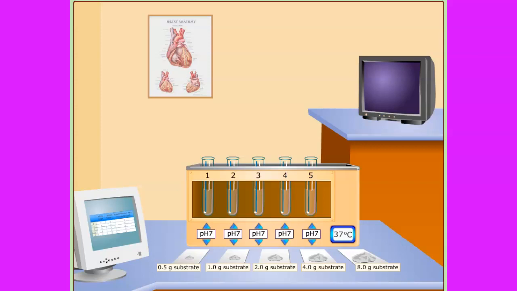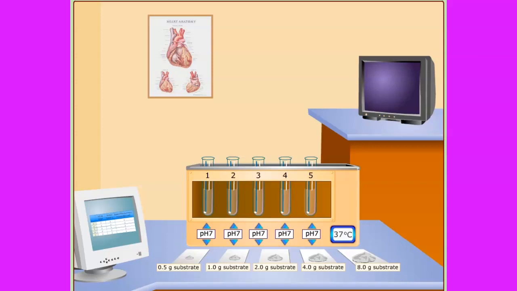Hello and welcome to today's lab activity on enzymes. So there's two experiments that we're going to be doing today. Your instructor will let you know whether you're supposed to graph and analyze both experiments or the first or the second experiment. So the first experiment that we're going to be doing is looking at the effect of pH on